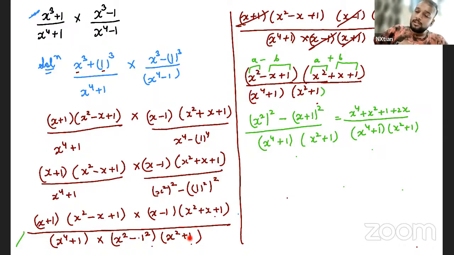Okay. Now, what I did again is the form of a square minus b square. So, what is the answer of that? A plus b, a minus b. The plus and this plus will cut, and this minus and this minus will cut. Now, what I did, now if I just assuming this as a and this whole as b. So, a minus b, this is whole as a, and this is whole as b. So, a minus b into a plus b is a square minus b square. So, a is x square plus square, and x plus 1 the square. Then I solved it and I wrote it like that. Okay?